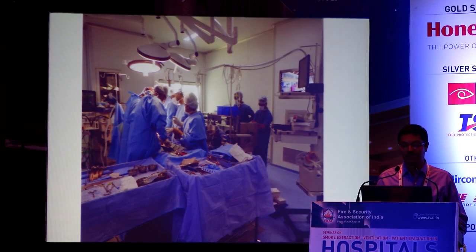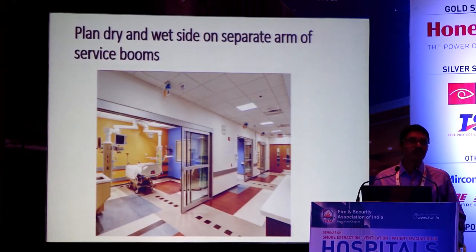One of the things which can be done during the planning stage, when you are talking about an ICU, is to have booms, which we call pendants. In an ICU setup, the patient is there, you need to use IV lines, you need to use syringes for dose infusion, and you also need medical equipment like a ventilator. So you can segregate a wet portion and a dry portion. All the equipment related to wet is kept at one place, and dry, like the ventilators, at another, so that you segregate from the beginning.